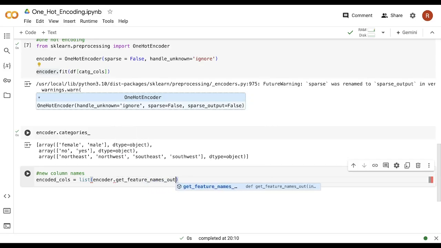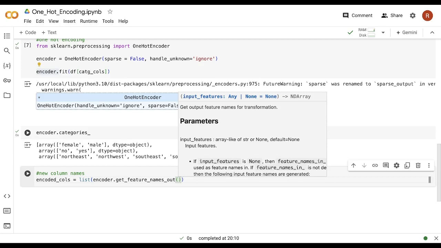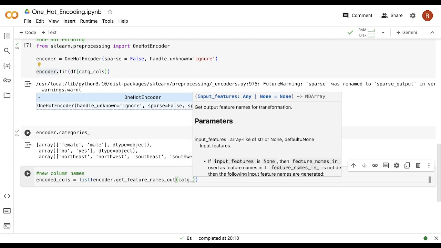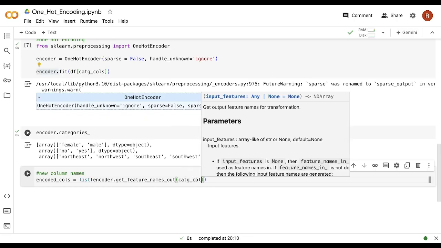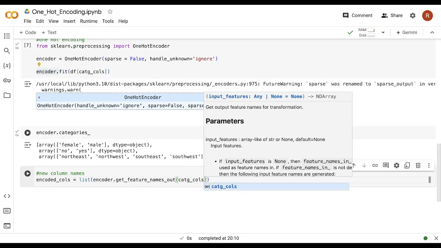This inbuilt method will help us to automatically extract the feature names, unique feature names, and then it appends it with the original column name. And then you have to pass the categorical columns here. So I will directly pass the categorical columns list, and if you haven't made this list explicitly, then you have to pass all the categorical columns one by one explicitly, as I already showed you. Fine, let's run that,